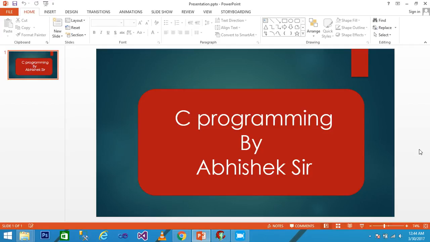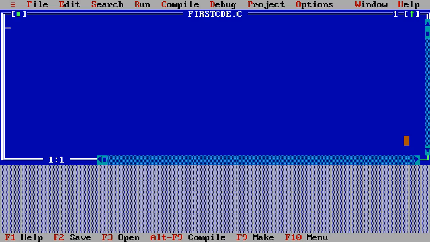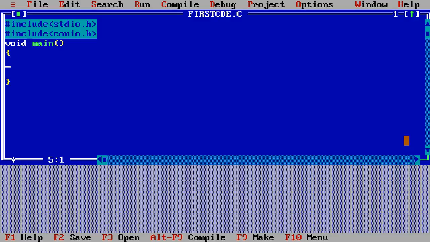First we need to open the IDE Turbo C. So I maximize it and I write here #include <stdio.h>, #include <conio.h>, void main, then opening and closing brace, and I declare here the variables x1, x2, x3,